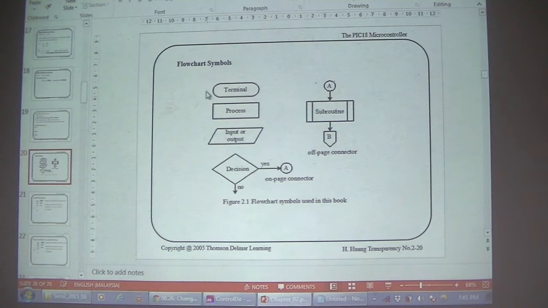So these are some of the flowchart standard shapes. For the terminal or start or stop, we use this shape. For a process, we use a square. For input or output, we use a parallelogram shape. And then we use a diamond for decision. And you have the on-page connector. That means you want to connect it, you don't want to just put a line. The off-page connector is like this. On the same page, if you want to send to a subroutine, you can use the on-page connector. Off-page means it comes like this. So we will learn how to use these few symbols in our tutorial class.